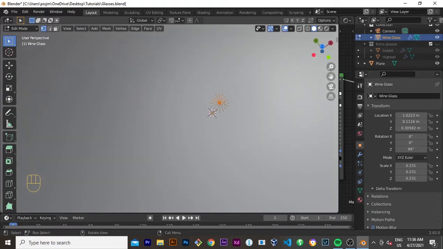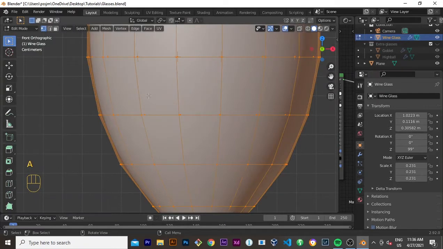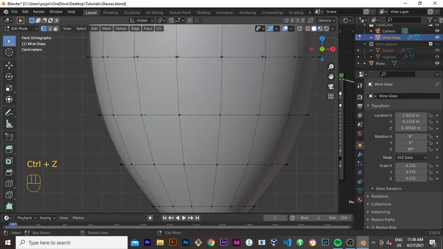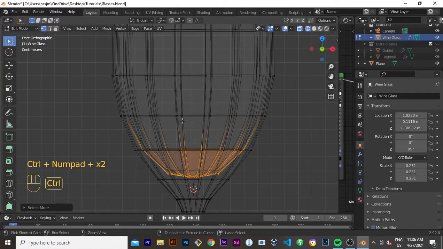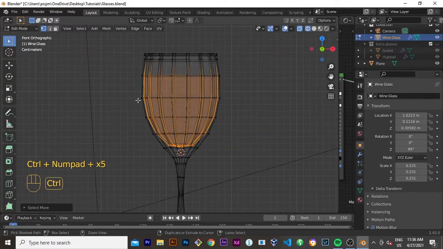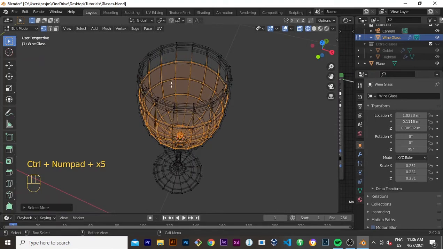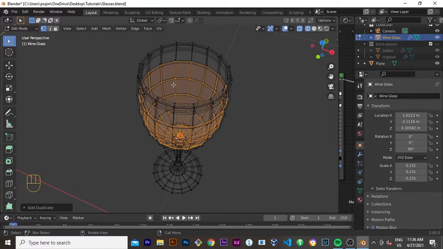Yeah, and then come into the front view. Control Z, Z to go to wireframe, and then Control plus up to where you want the wine to end. So my wine will be up to here. So Shift D to duplicate. That's it, and then right click to release the selection so that it doesn't move with your mouse, and then